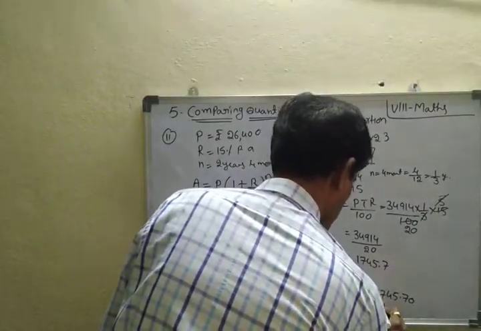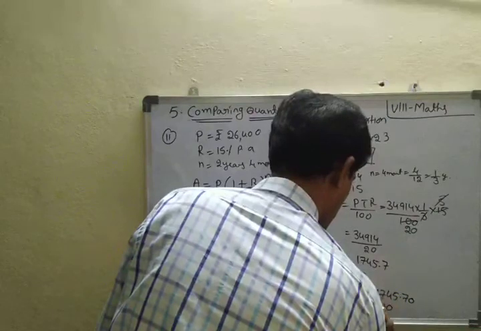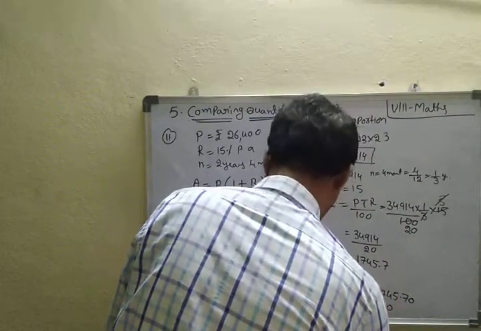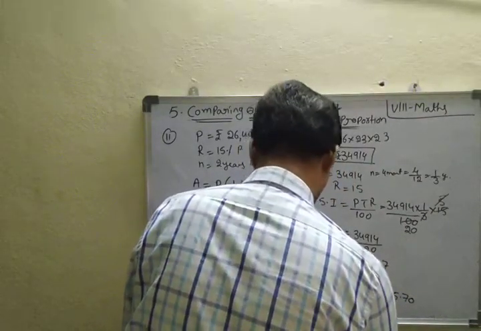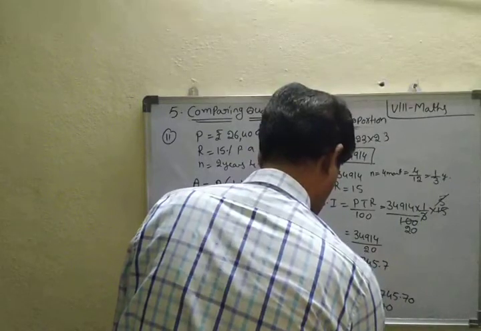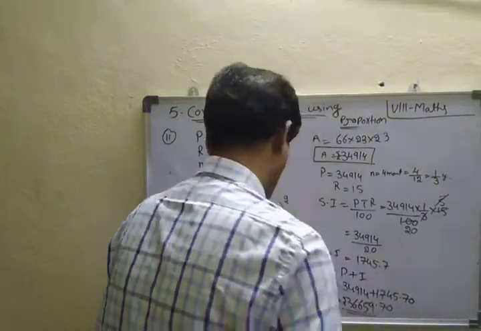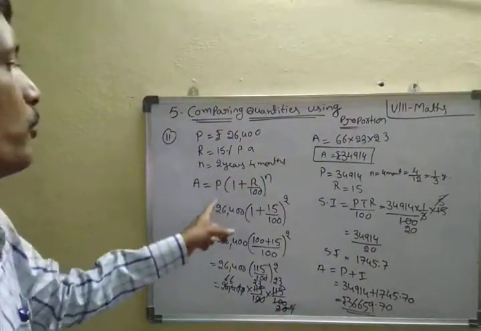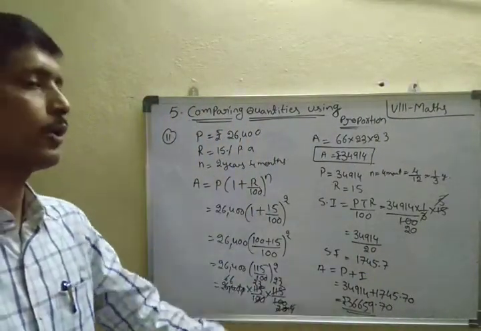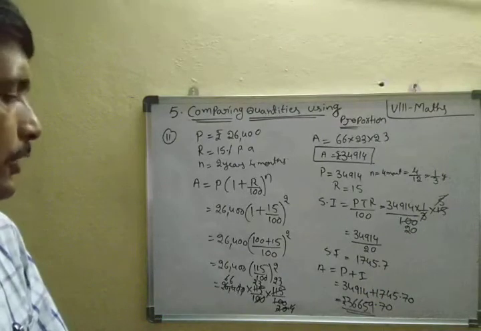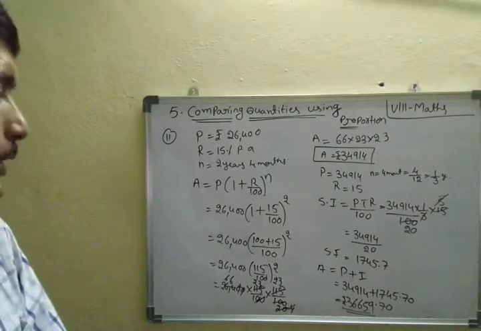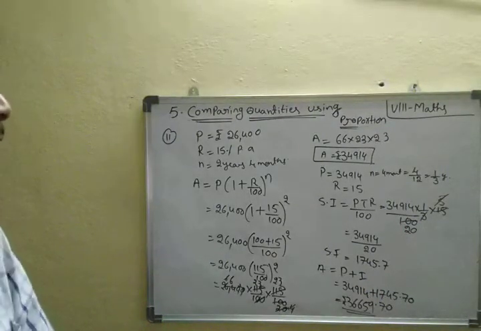Here 0.70 9 5 6 6. Therefore, after 2 years 4 months, the total amount equals how much? That is 36,659 rupees 0.70 paisa, or approximately